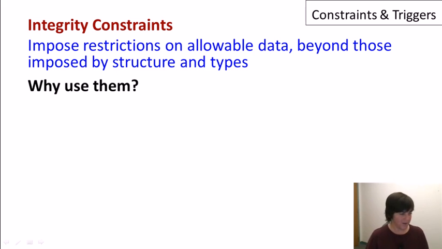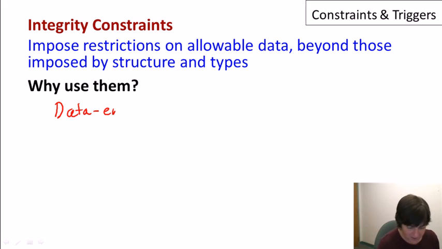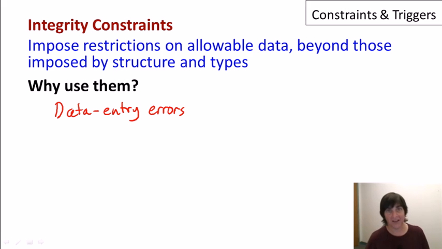So why do we want to use constraints? Well, there's several reasons. Actually, one very practical reason is just to catch data entry errors. So if we have constraints that just say that the values of the data are in the reasonable range, for example, our GPAs or our enrollments, then if somebody tries to enter data that violates the constraint, they probably were just making a mistake. It was probably an error, and that can be caught automatically by the constraint enforcement system